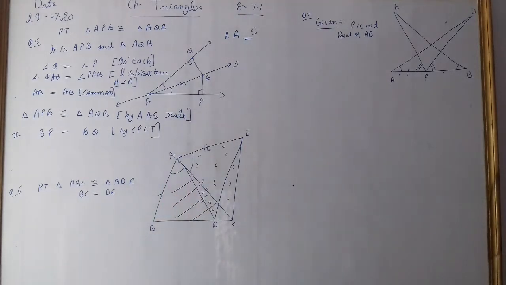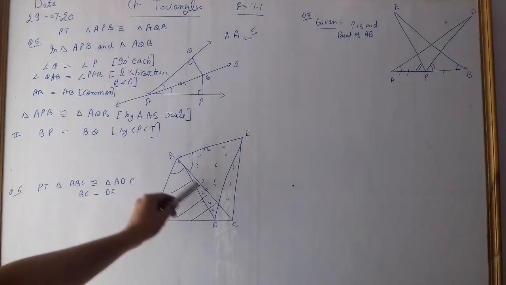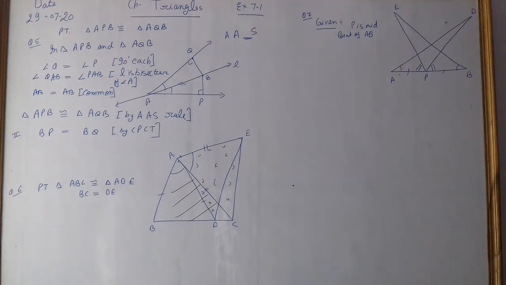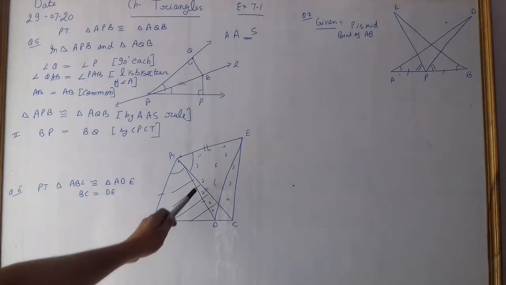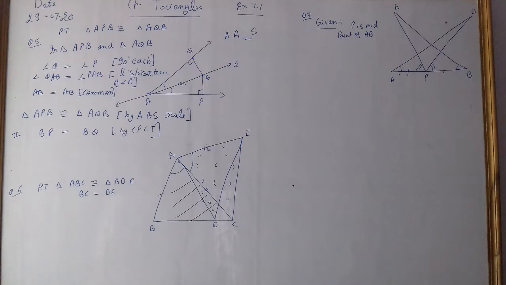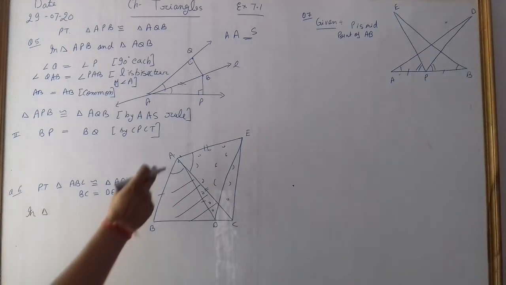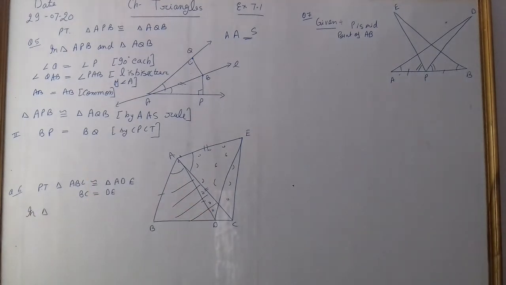Right? That means between these two triangles, this small triangle, for which the angles are not given, is coming here. Understood, students? So there is a twist in this question. Just see. If we have to prove ABC, then we have to take it also. Okay? So in triangle BAC and DAE, just see.